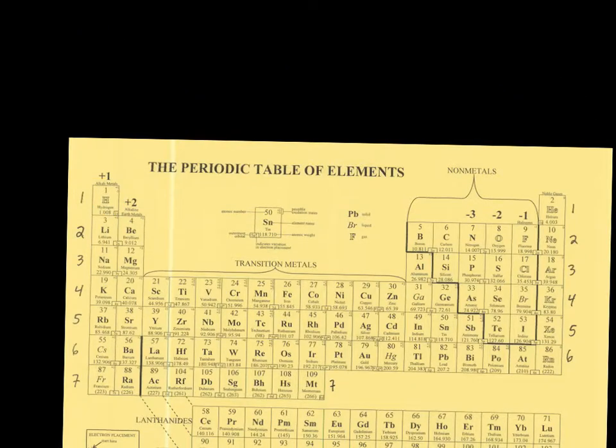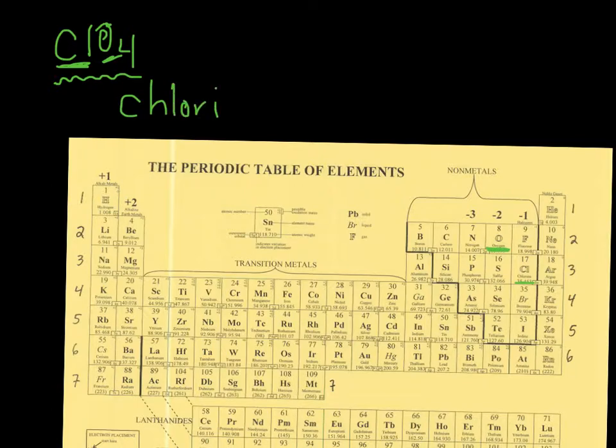Let's try another one. How about ClO4? Now, I have gotten people on a test with this before. If there is no charge, it is not from the pink sheet. It is not an ion. This one does not have a charge, so it's not from the pink sheet. You have Cl first. It's over here in nonmetal land. And you have oxygen. It's also a nonmetal. So you have 1 chlorine, so you write chlorine. The first word, again, is the full word. It's never truncated, or the suffix ending isn't changed. And you have 4